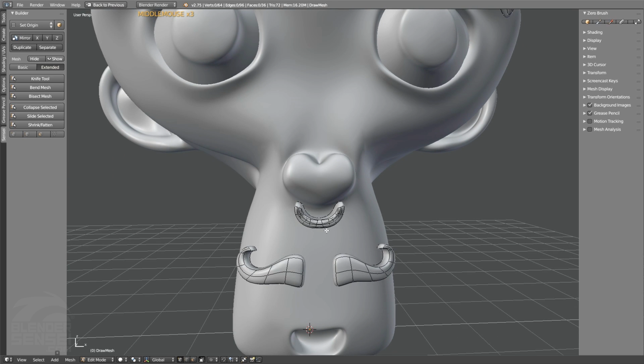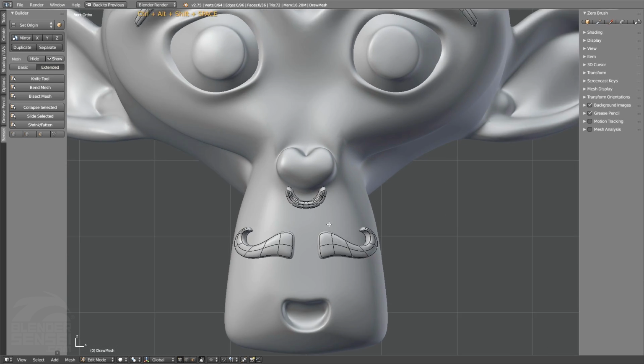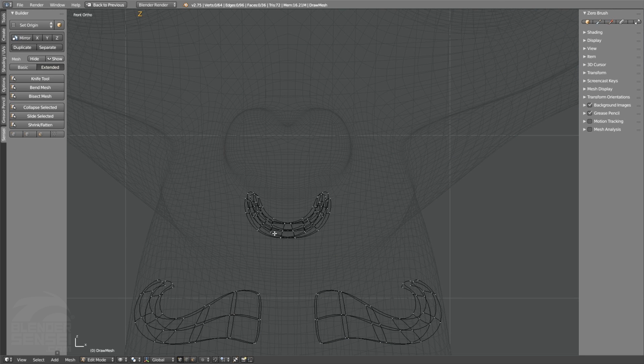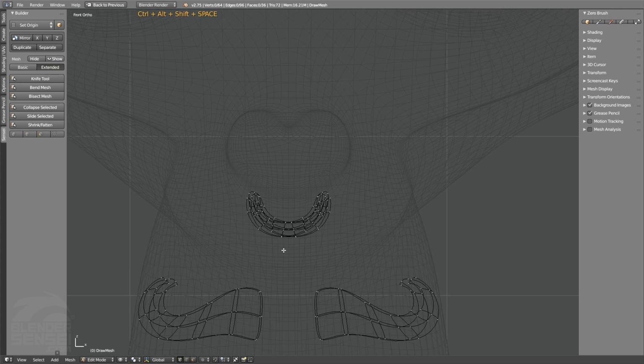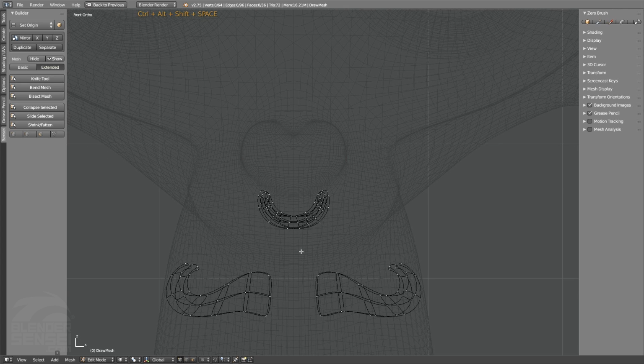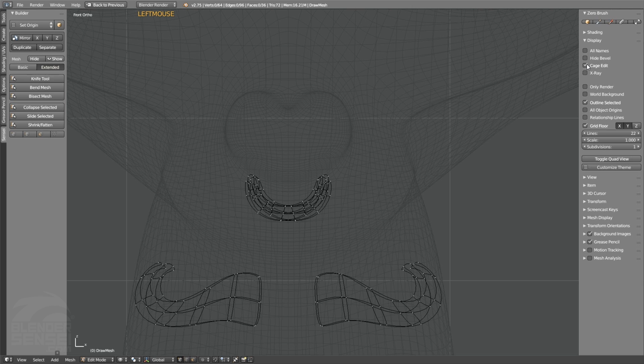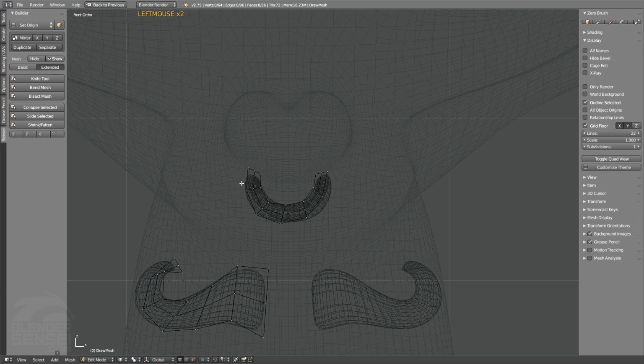So what we could do to fix that is press 1 to go into front view, and then I'm going to tap Z to go into wireframe. If I try to select this half of vertex points right now, then the whole thing's going to get selected, since the whole point of the mirror modifier is to be able to edit things simultaneously. But if under display we turn off cage editing, I can then B to border select that, tap X to delete,